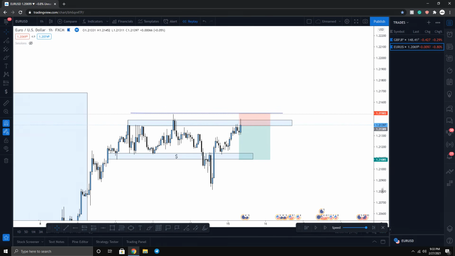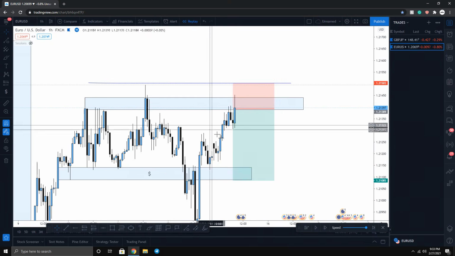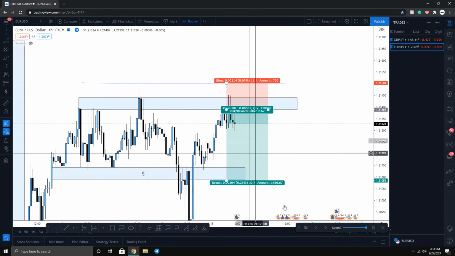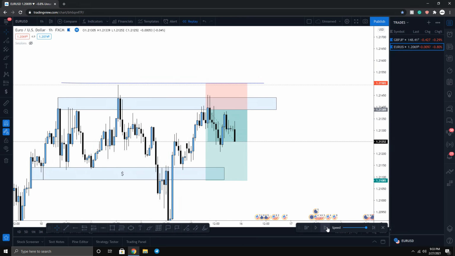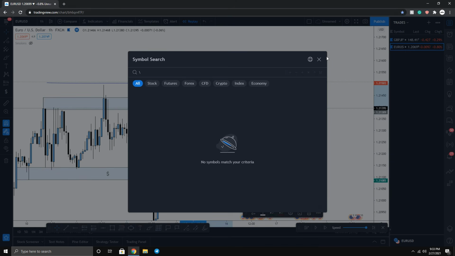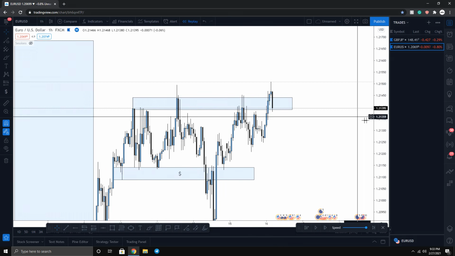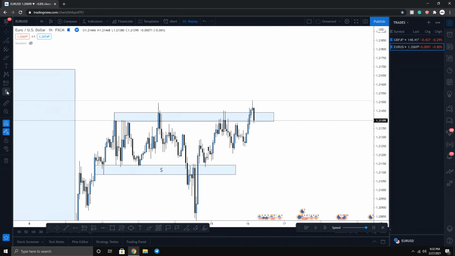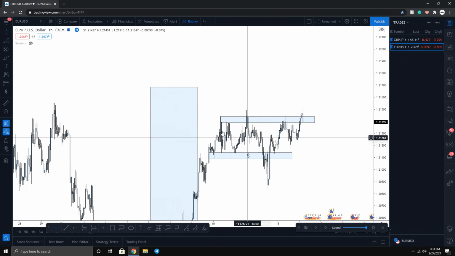Now, right over here, we have our rejection. We have the bearish candlestick, and now people are selling. Everyone's selling. And what ends up happening is it goes your way for a bit, and then it ends up reversing and you get stopped out. Boom. So now, like I said, you're not the only one that actually got stopped out. There's millions, trillions of dollars that just got taken away from retail traders who are selling at resistance, buying at support.